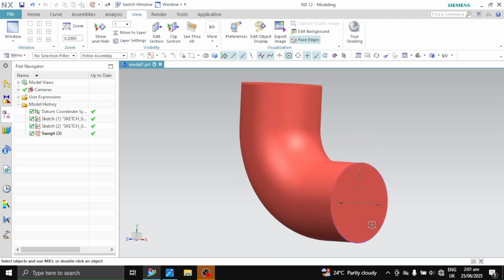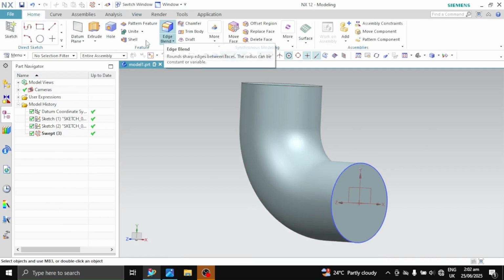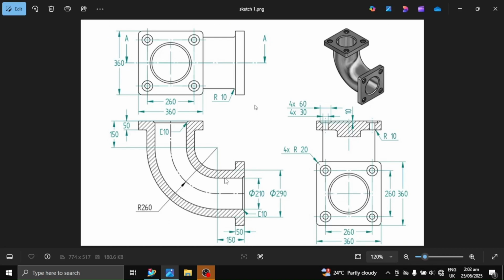The next thing we'll do is to cut inside and make this shape hollow. And we'll use the feature shell. And with the shell feature, all we need to do is to get the distance from this side to this side, and then we shell with that distance.